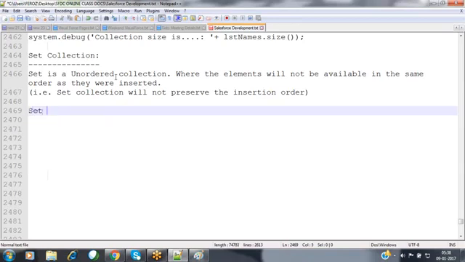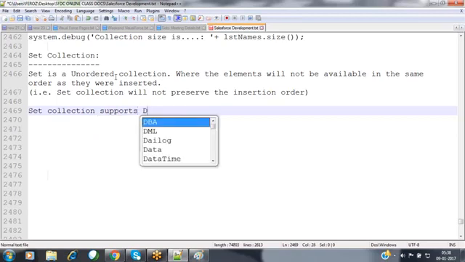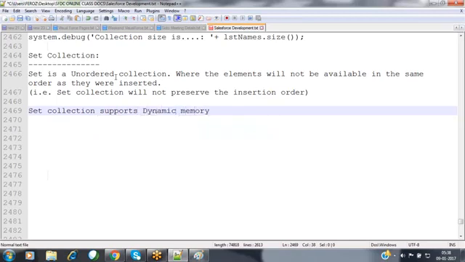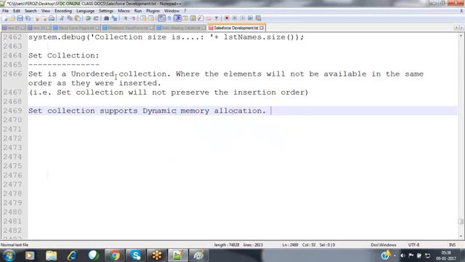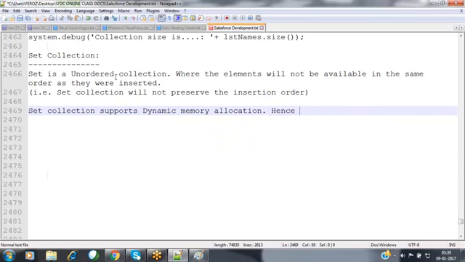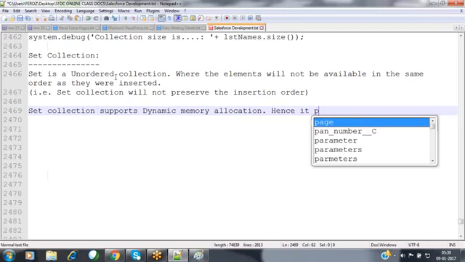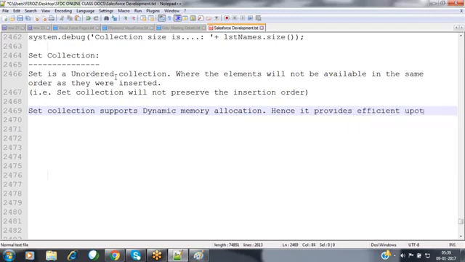Now, the set collection supports dynamic memory allocation, hence it provides efficient utilization of memory.